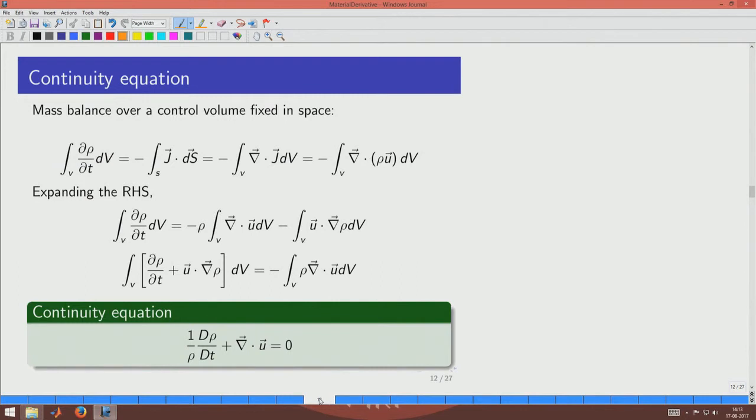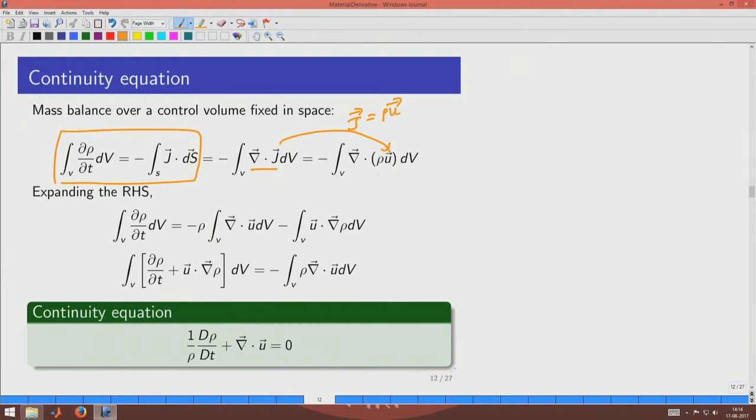So, what we do now is manipulate the equation on the right hand side with what we already know from the divergence theorem. This is what we have written, and the right hand side is then being expanded. The surface integral is being converted to a volume integral. So, whatever is j dot something, it should be the divergence, and j we already know is nothing but rho u. So, that is what is being used here.